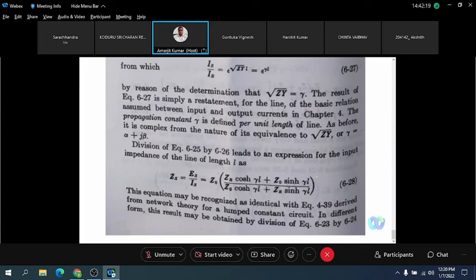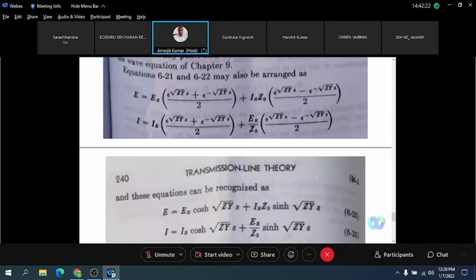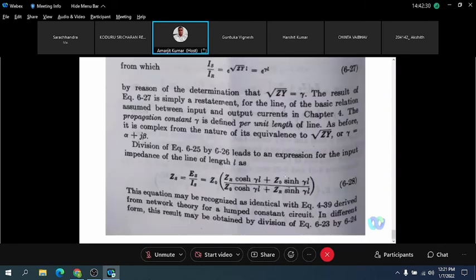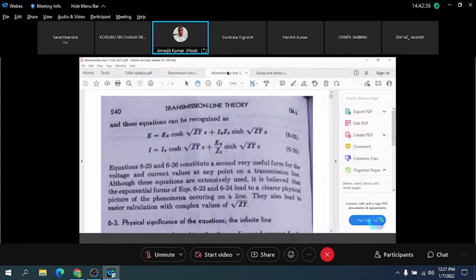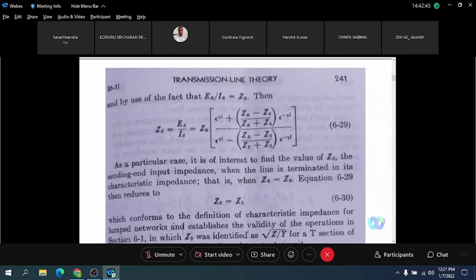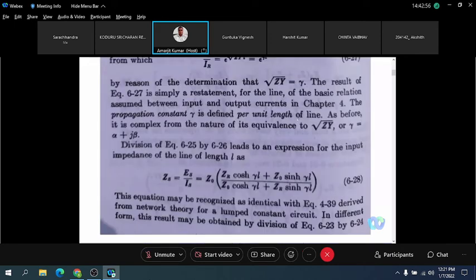Okay, and use this equation also. Because in hyperbolic we have done this form, use this form, this one, ZR minus Z naught divided by ZR plus Z naught. Then what you will get for ES upon IS? Then you will get this. If you use that form for the input impedance of the transmission line, with ZR minus Z naught divided by ZR plus Z naught, this is also correct. Either you write it this way in a hyperbolic function or this, both are correct.